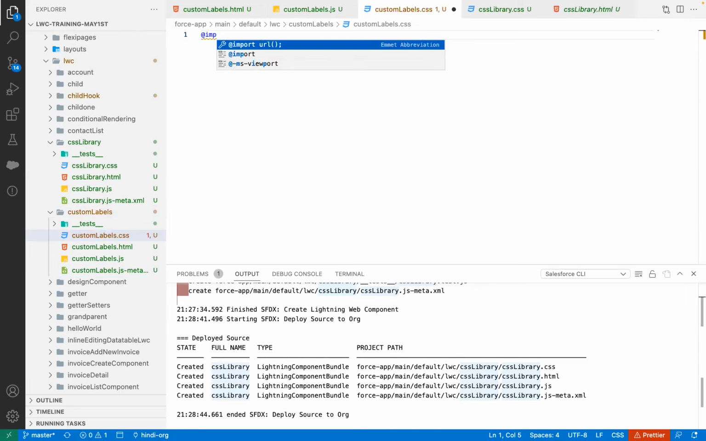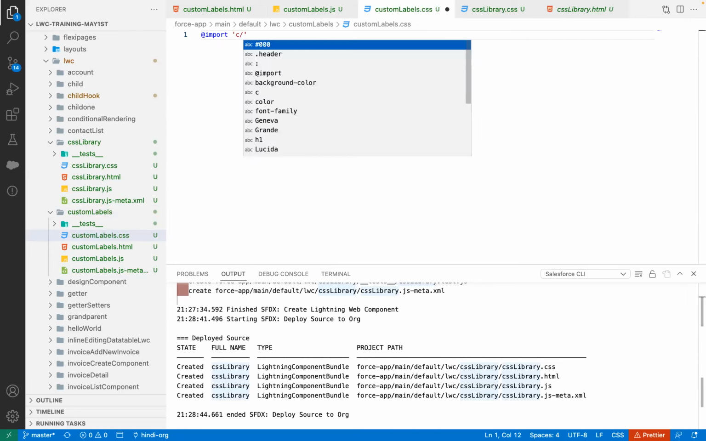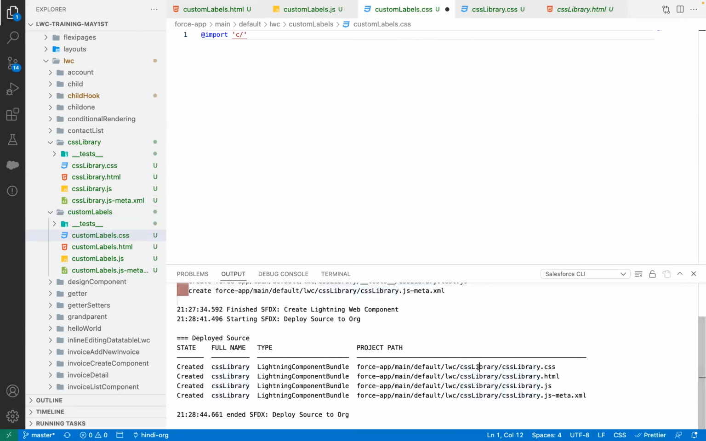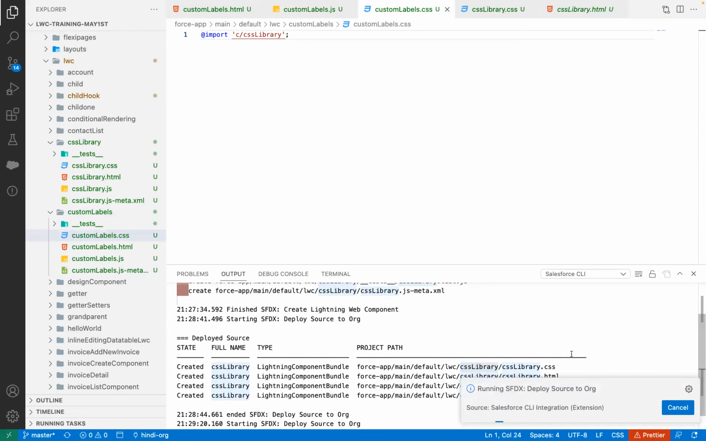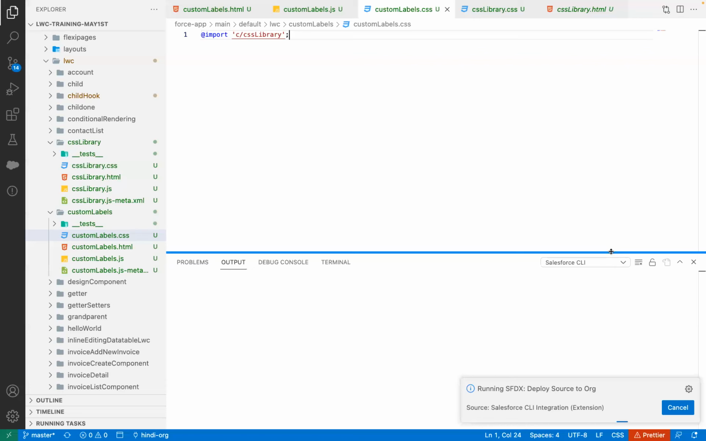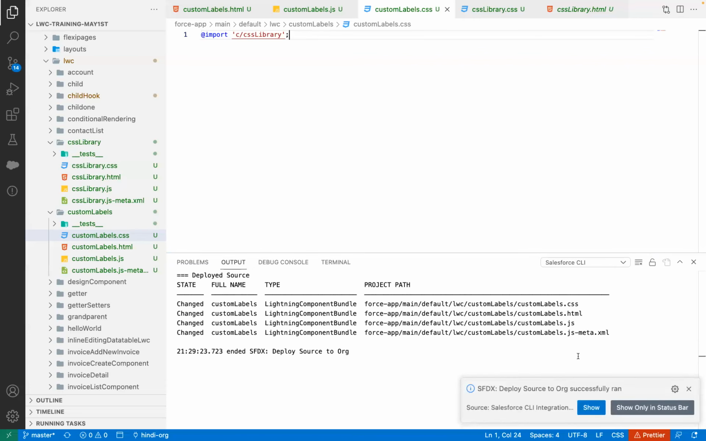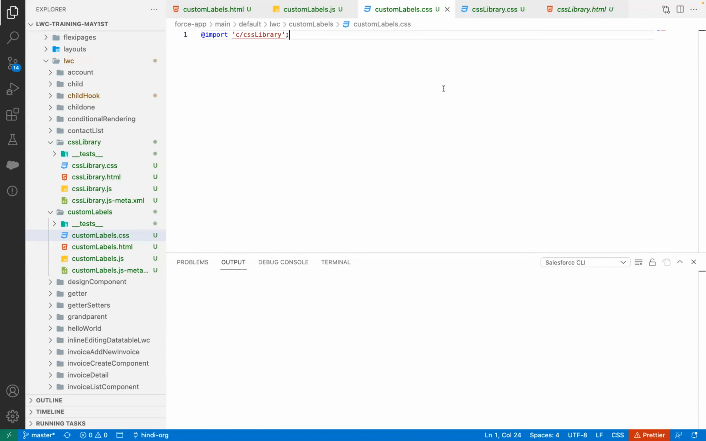As we talked about, the syntax is very simple. We'd say @import. Then what is our module? That is c-, and then we've got this CSS library. We really are not doing anything else. Let's go ahead and deploy this as well. So what we did is we said, okay, create a CSS library and then imported that within our custom labels